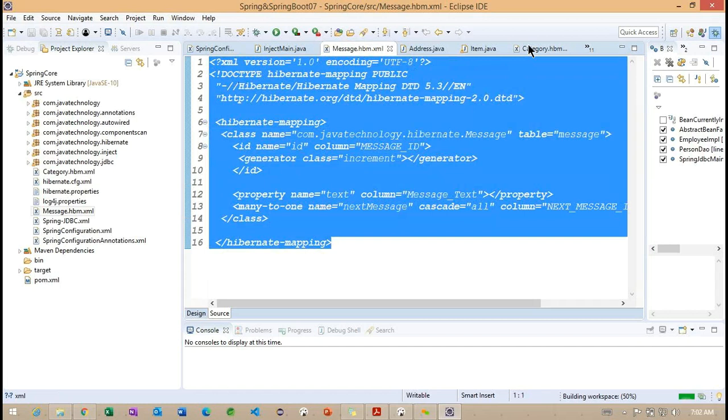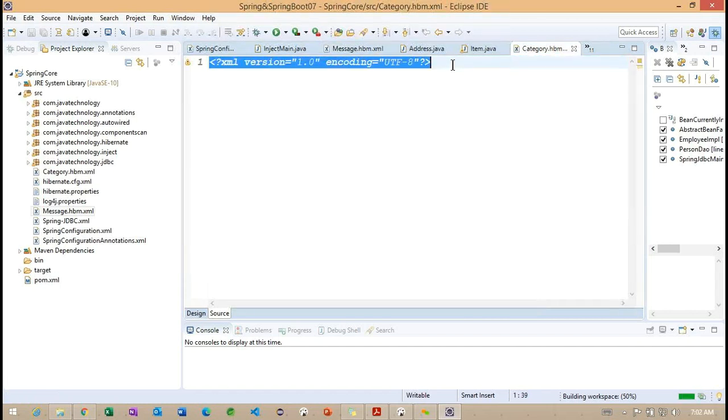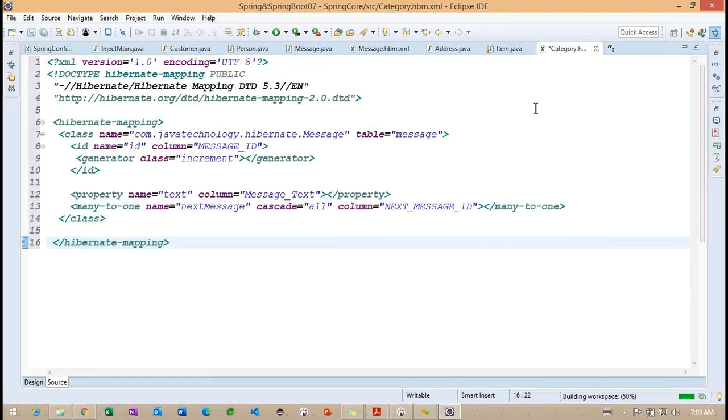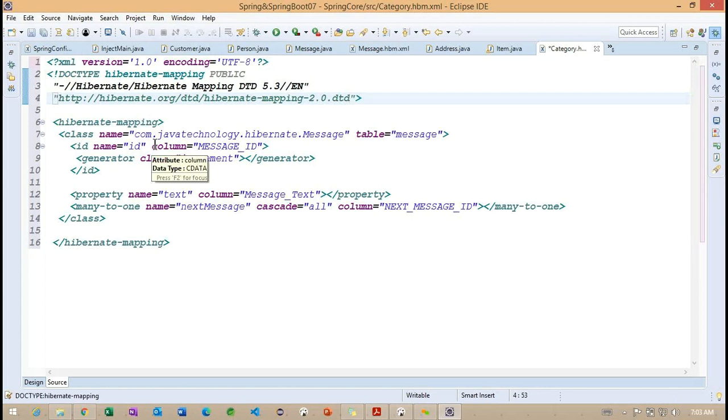Otherwise, we can copy all the information. This we already identified. So what is the use of this DTD? And let me change the name of this class here, something called Hibernate. So we need to change the category. We are going to specify the fully qualified class name here and the table name here. What is the table we are going to create? Something called category.